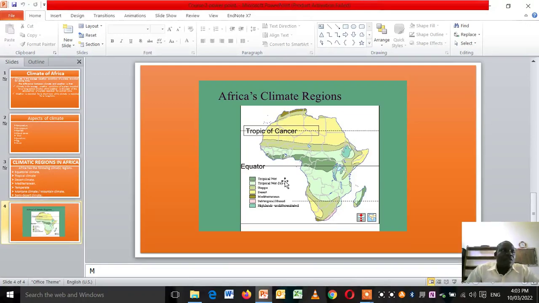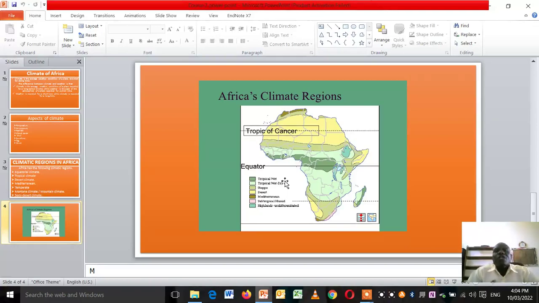Now, on the other hand, I would love us to talk about the characteristics of equatorial climate. What are some of them? One of the characteristics of equatorial climate is that rainfall is received throughout the year. And the rainfall which is received ranges from 1,500 millimeters to 2,500 millimeters. Then number 2, you can say that it is hot and wet throughout the year. Number 3, you can say that there is no complete dry month, meaning that rainfall is received throughout the year.